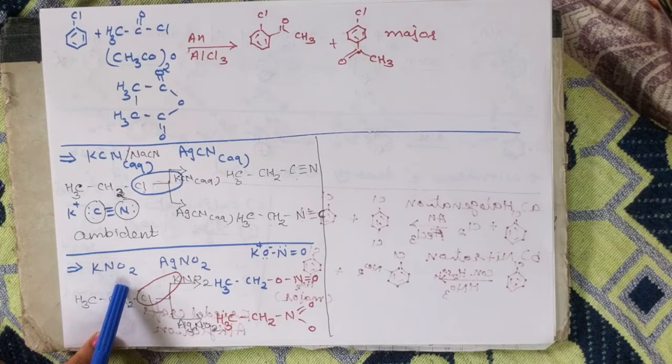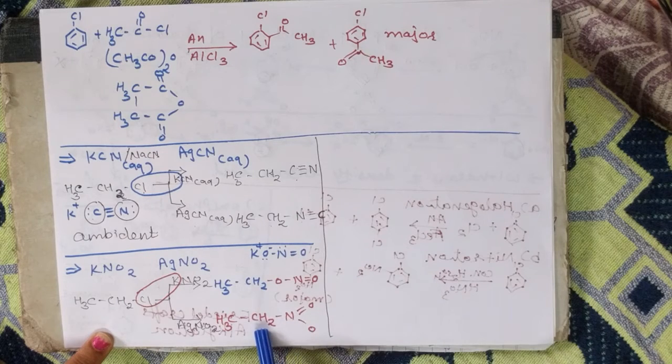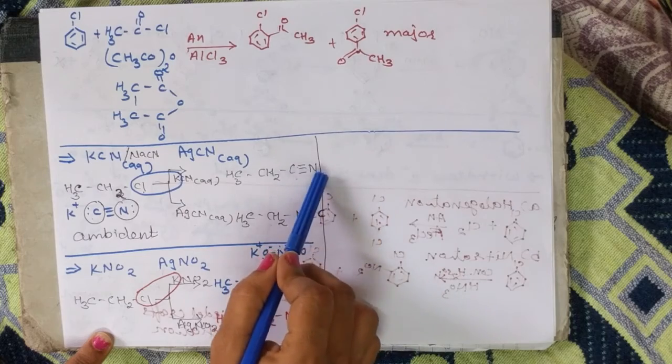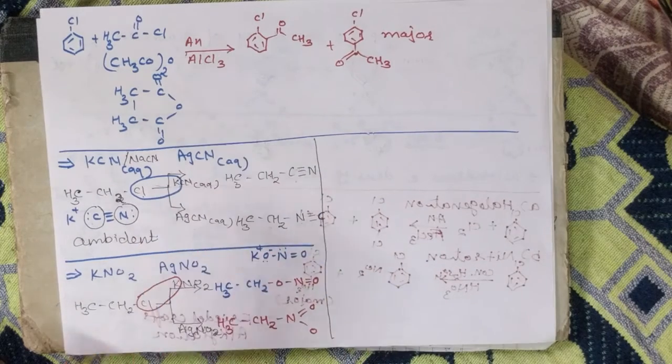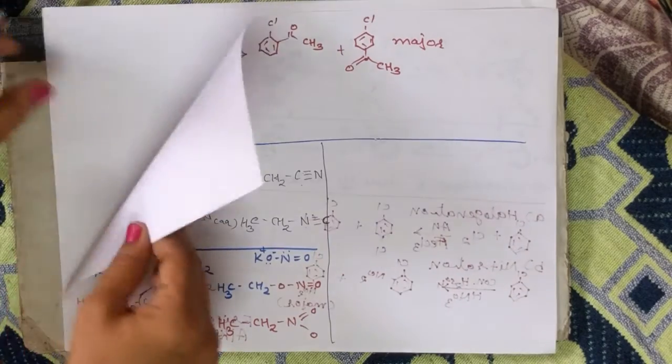KNO2 is completely ionized, so the bond is between C and O, because the oxygen is partially negative relative to the carbon. Here the nitrogen is partially negative relative to the carbon, as we have seen with KCN and NaCN also. So this pair is also very important. The third pair we are going to think about is